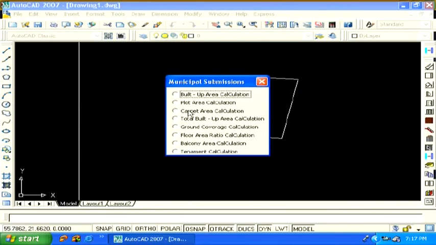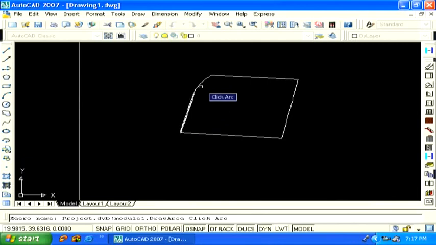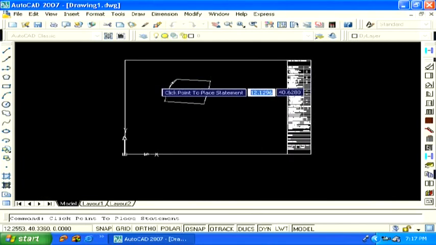The presentation of the plot area statement is done with tremendous ease through PC Architect 2D.